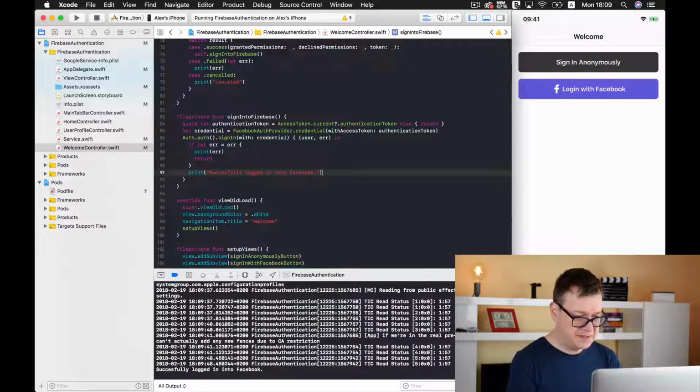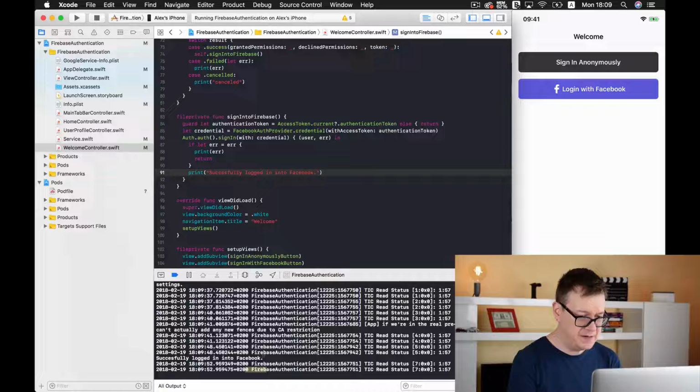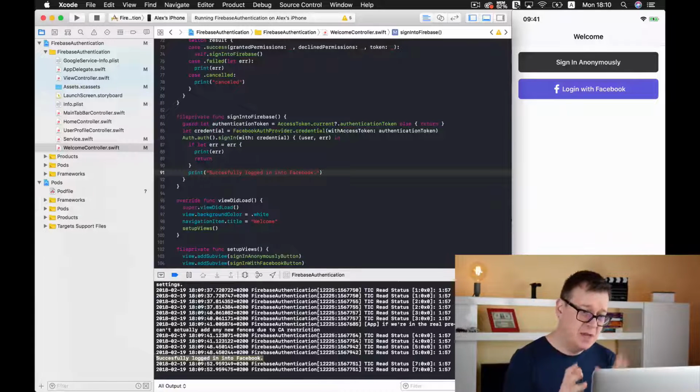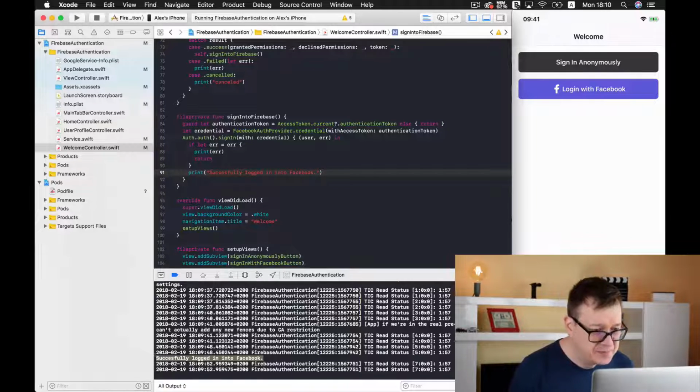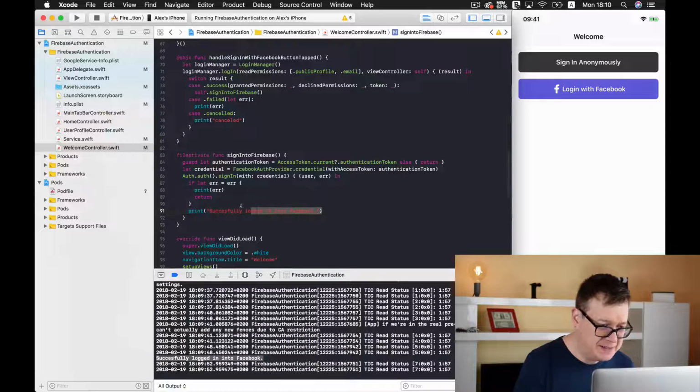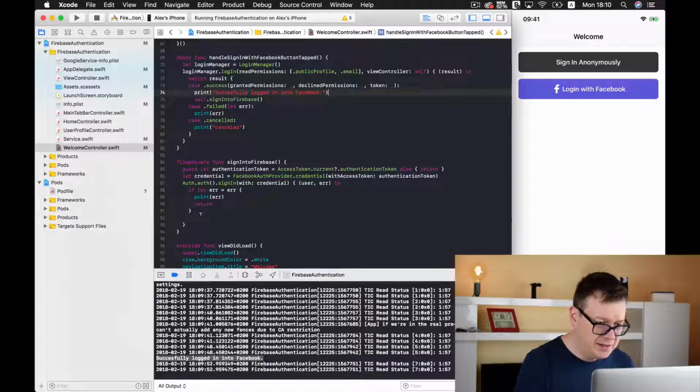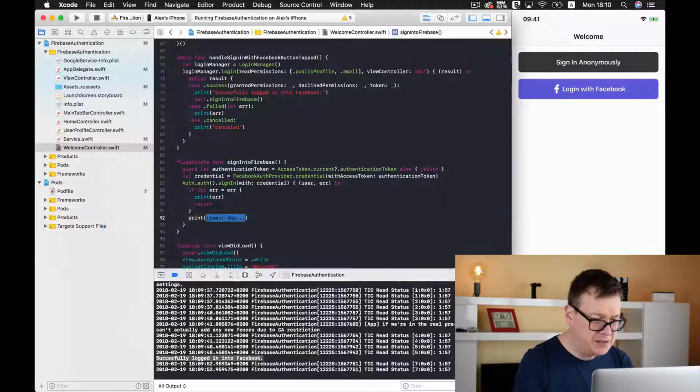And we have successfully logged into Facebook. Here is the log. Okay, that is it. We have successfully logged into Facebook. Now we have to sign into... Oh, no, we have successfully logged into Facebook, not this one. We want to have this print statement here, sorry. We want to add this here. And inside here, we want to have another print statement, and that is